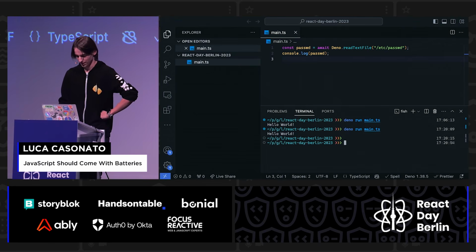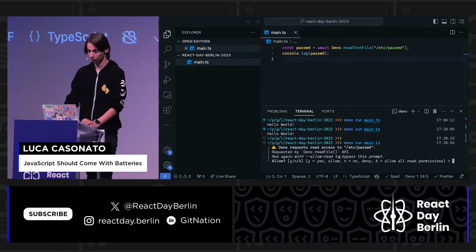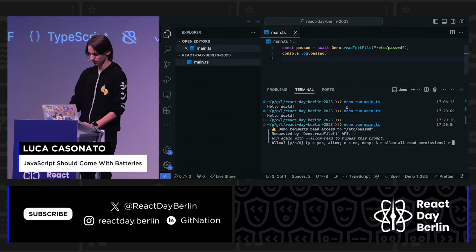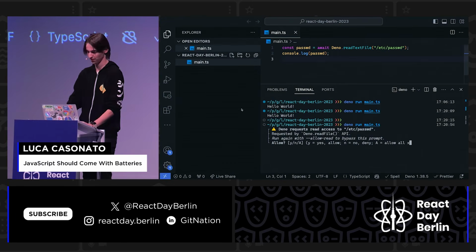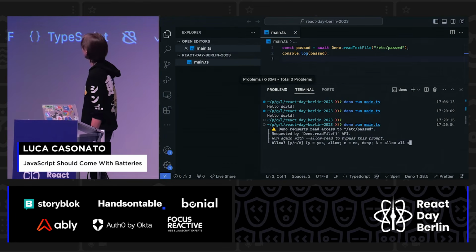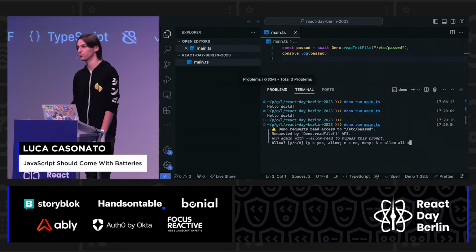OK. And when I do this, you're actually going to see something else. Look down here at the terminal. So I ran, let me zoom out one, I ran Deno, and it asked me to give permission to read this file. And this is what I mean with secure by default. So in the browser, if